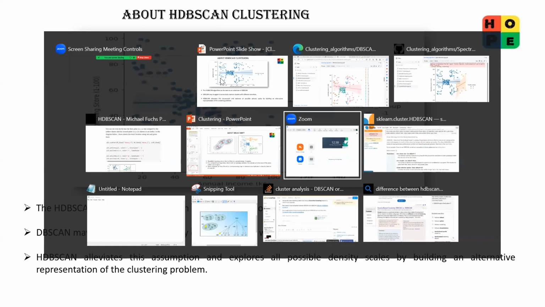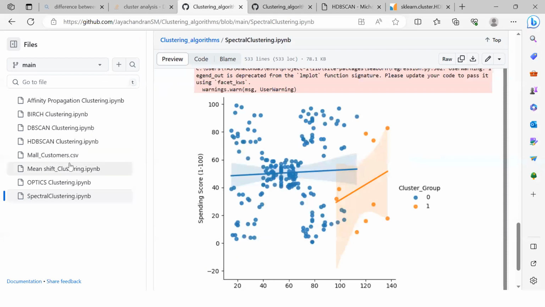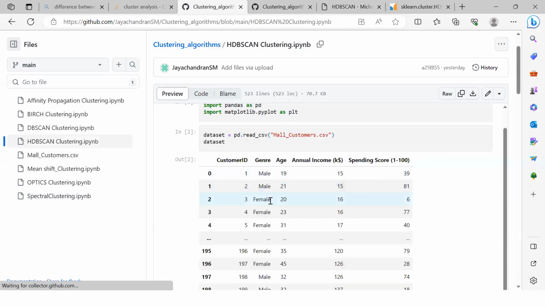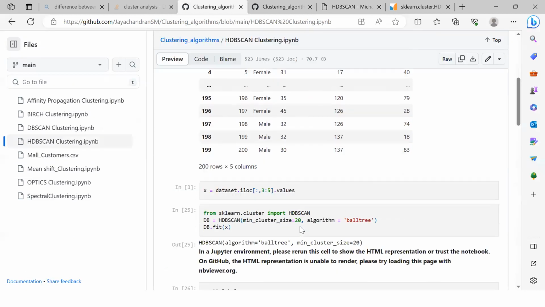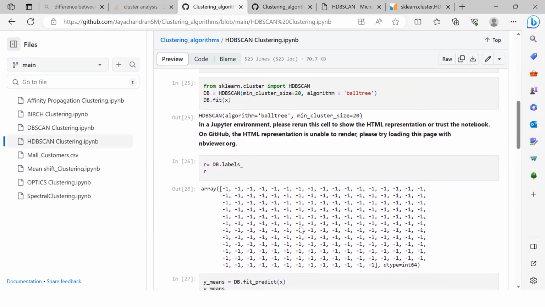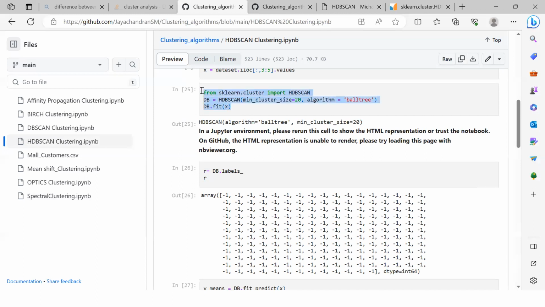Let me go back to the Python code to explain this. As you are all aware of this code, what I'm trying to do is create the clustering algorithm here. There are various tunable parameters available for HDBSCAN. In this example, I have chosen the algorithm ball tree, and the minimum cluster size is 20. Once I run this,